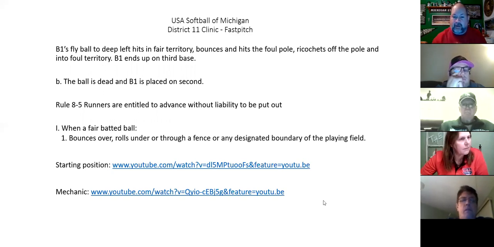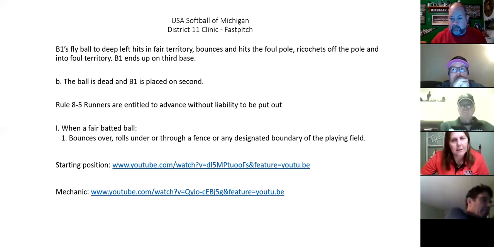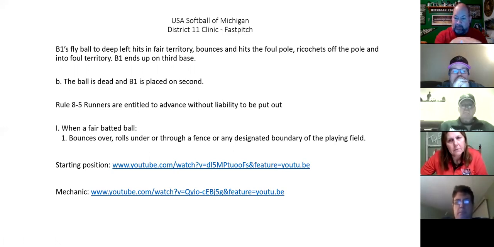If the ball hits in fair territory and hits the foul pole, but let's say the foul pole goes from the ground all the way up, is it only a ground rule double if it hits the foul pole above the fence line? Yeah, because the question doesn't say that. I understand what you're saying. So you're saying just above the top of the fence and it hits the foul pole. Right, but it bounced first and then hit the foul pole. Correct. But let's say you hit the foul pole at the base of the fence,